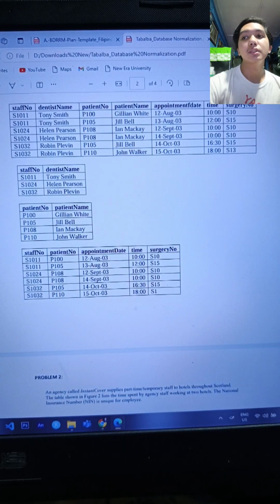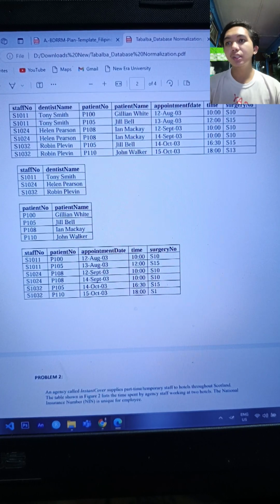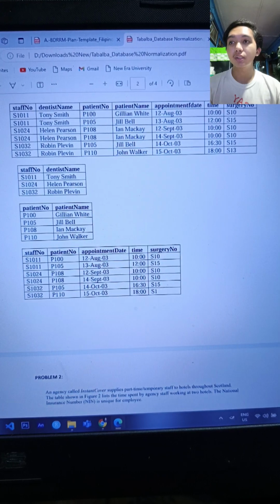Additionally, there is more data cleaning to ensure data consistency and handle missing values before normalization.